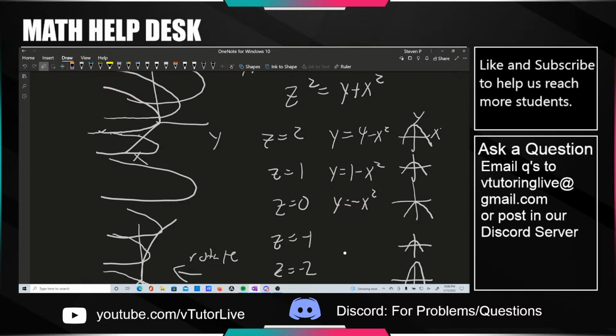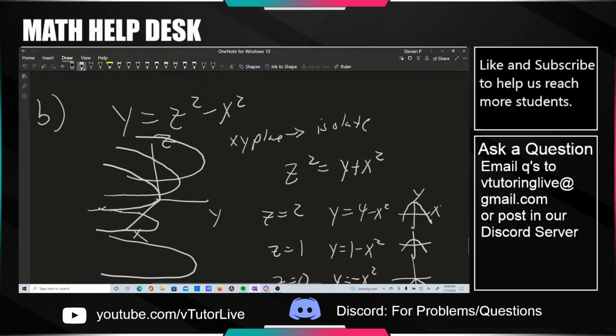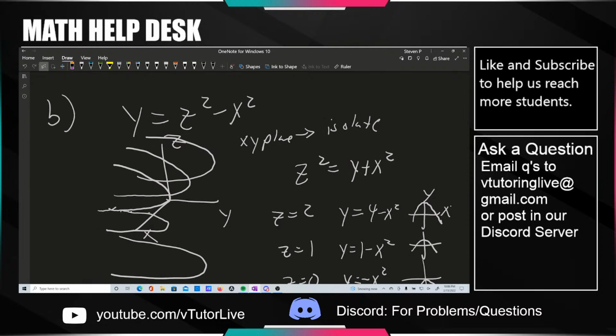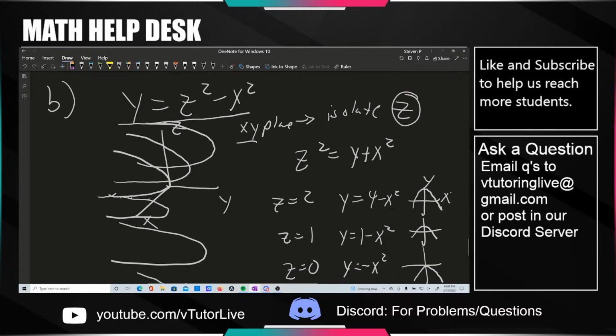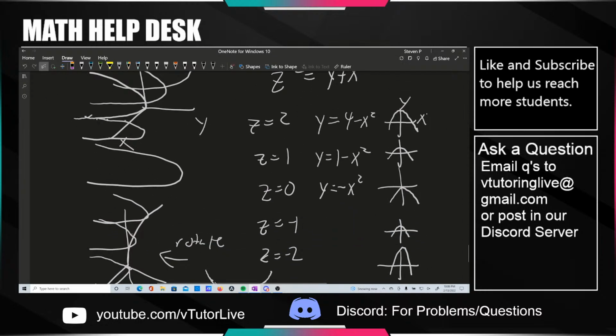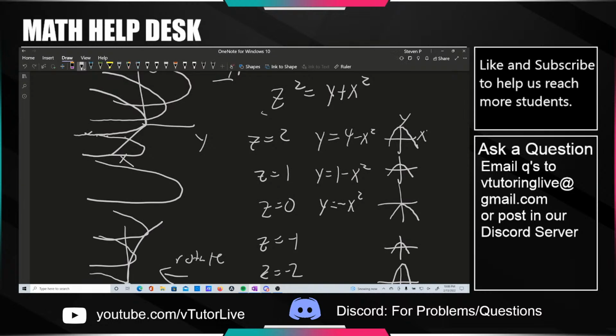Oh wait, hold on. Okay. The process is really no different. This is our original equation they gave us, and we're being asked to get traces of xy, which basically means to isolate z. So that's what I do. I isolate z, or rather z squared, is equal to y plus x squared, and then I just plug in a bunch of different values for z to start trying to graph them and see the pattern. When I plug in z is equal to 0, you get 0 is equal to y plus x squared. And you just rewrite that, and it turns into y is equal to minus x squared. Okay, that's the idea. And you do that for